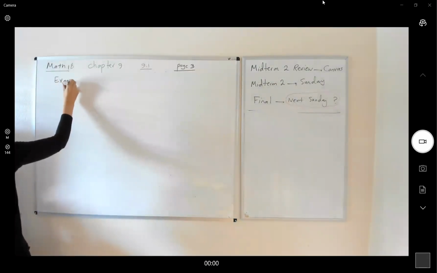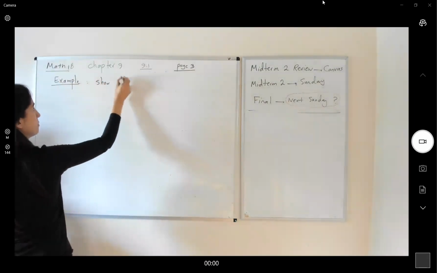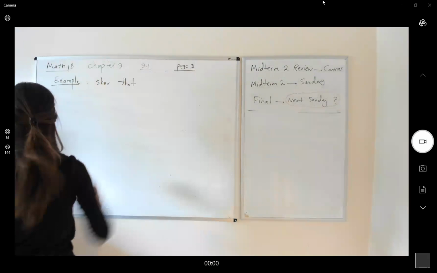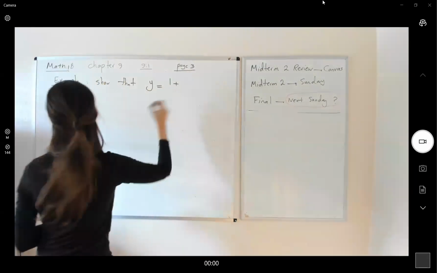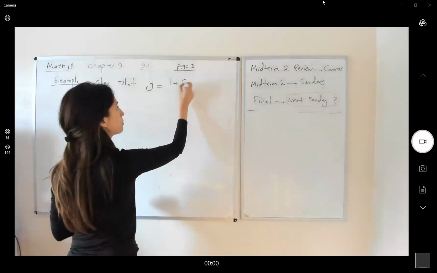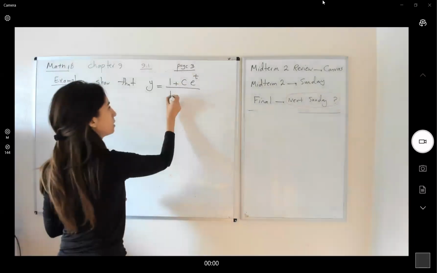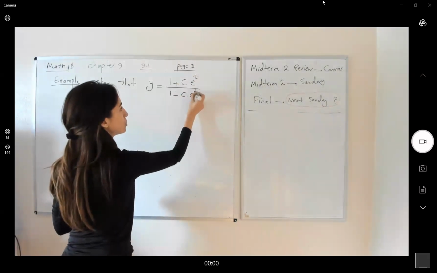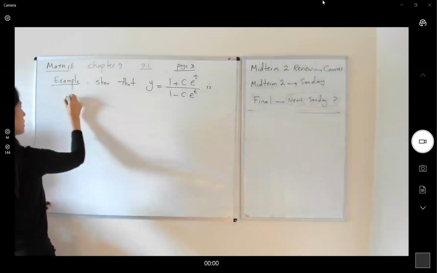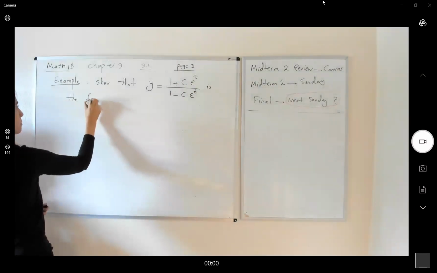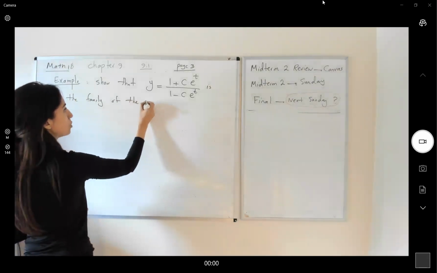This example says, show that y equals 1 plus c e to t divided by 1 minus c e to t is the family of the solutions